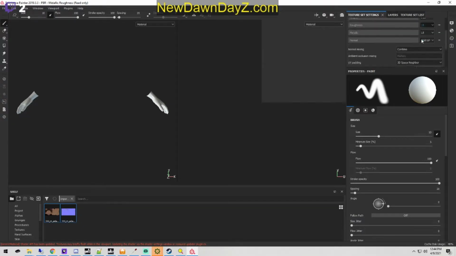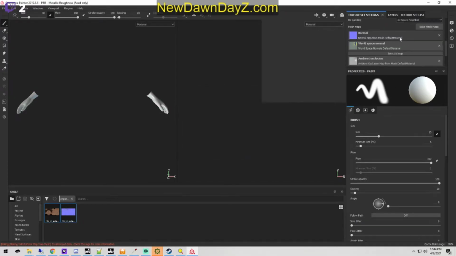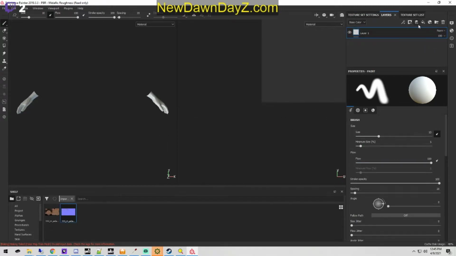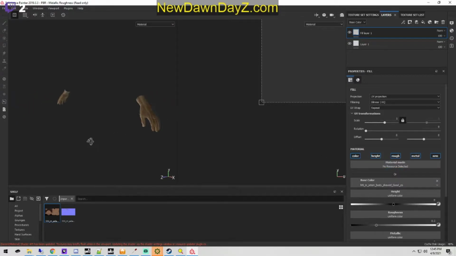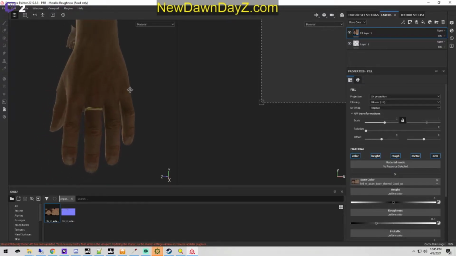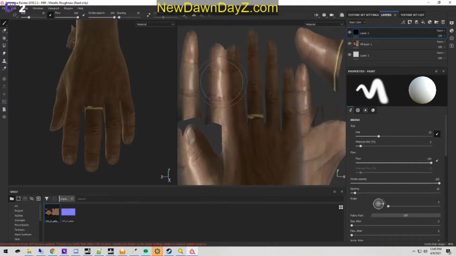Then we want to go here, we want to bake. Okay. And then we just want to attach that. And then we want to go to a paint layer. And then we're going to throw this on there. And voila, there we go. Oh, well, whatever. Alright, so now we're going to create a paint layer, and we're going to go here, and